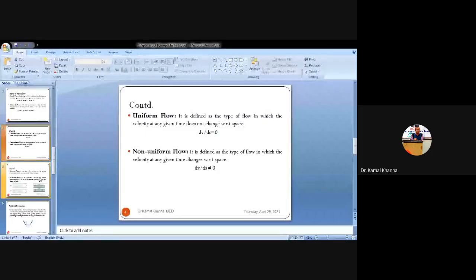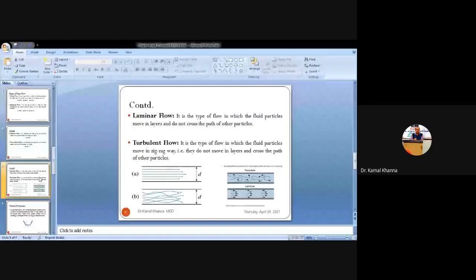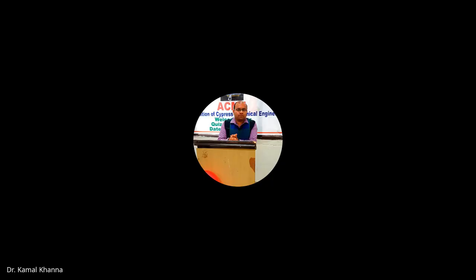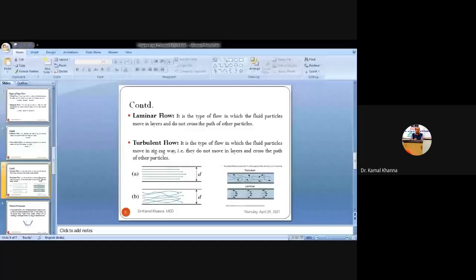So next is the laminar flow and the turbulent flow. You can see the two figures. In the first figure, you can see all the streamlines of the fluid particles are moving in layers, and they are not crossing the path of each other, and they are not moving in a zigzag motion. They are moving parallel to each other, so they are also not colliding with each other. So you can see all the layers are moving parallel to each other, with the same velocity, same pressure, energy, and same steadiness. So that flow is called a laminar flow.